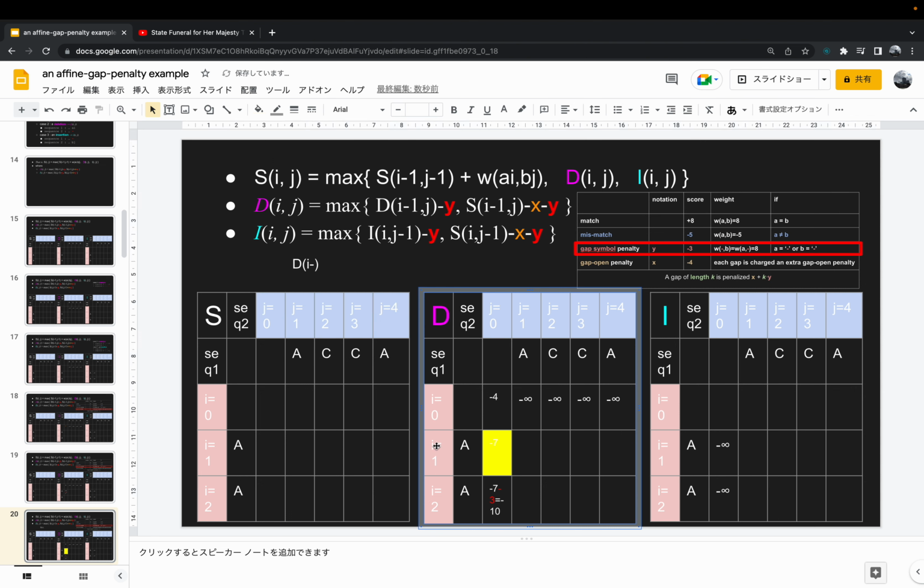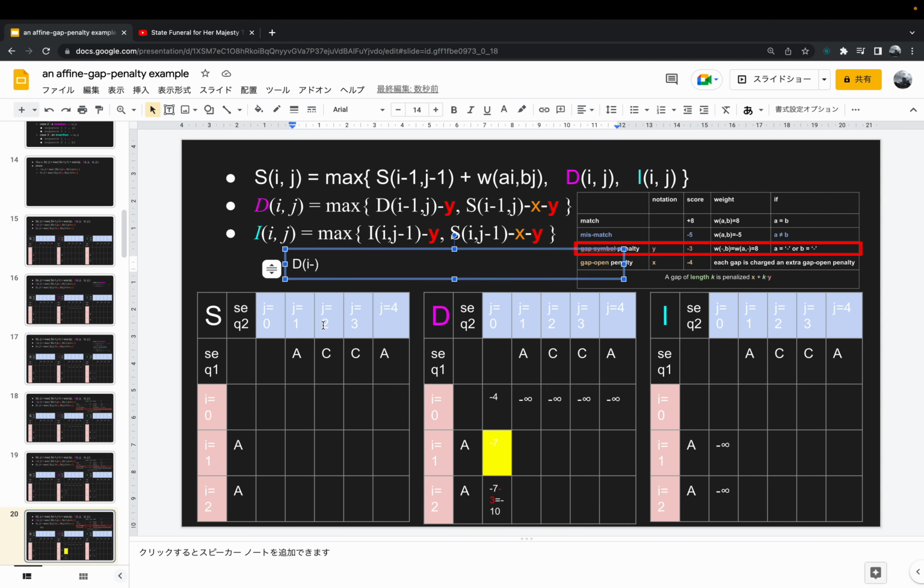I equals 1 and j equals 0. So the definition here is the maximum score of the alignment